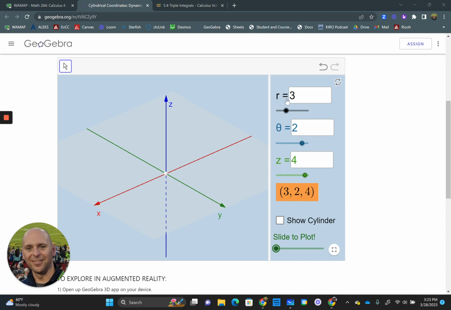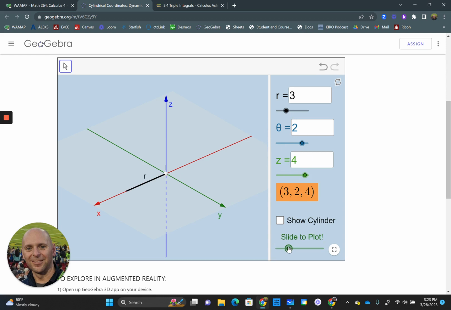As we sweep this out, we know from polar coordinates, r equals 3 is going to be the radius out from the pole, theta equals 2 is going to be the counterclockwise rotation, and of course we're going to add this vertical component, which is what makes it cylindrical coordinates. So if we plot this out, here is our radius coming out 3 units. We are going to sweep out an angle of 2 radians, and then we're going to rise vertically to a